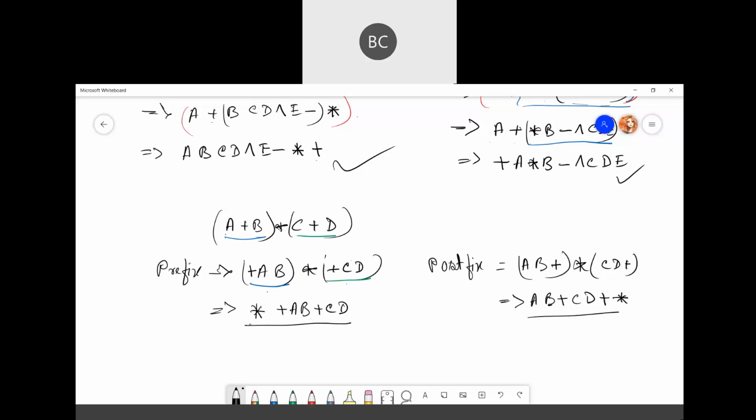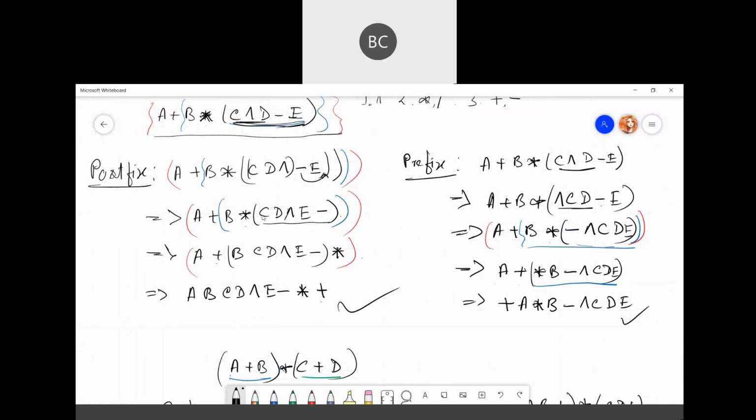Got the difference? Here we did the same thing. Evaluate anything which is inside the bracket first. Then you can give your imaginary brackets as per the precedence. So after evaluating this expression, you will evaluate the multiplication sign because it has higher precedence over the plus sign. So this multiplication will come here after evaluating this.